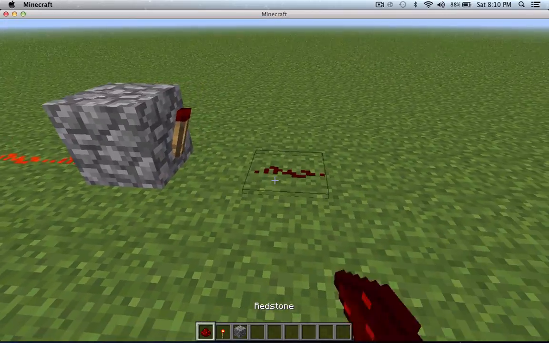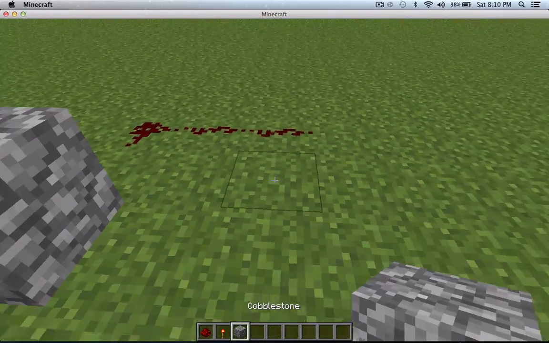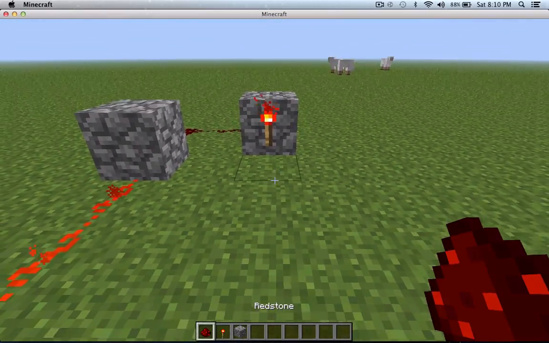So you place redstone right there, redstone, redstone, cobblestone, like that.